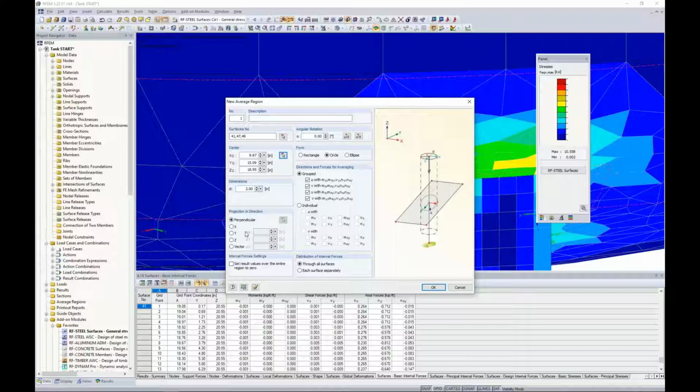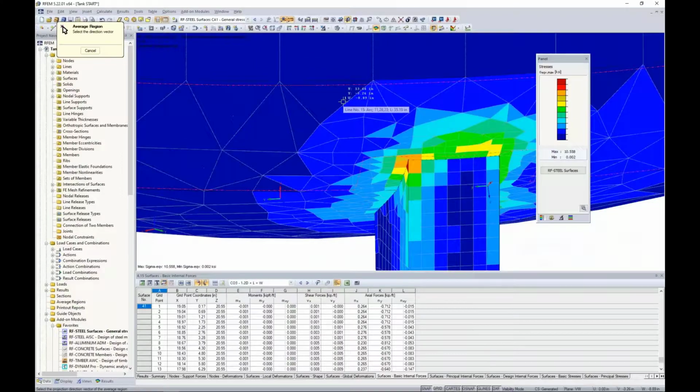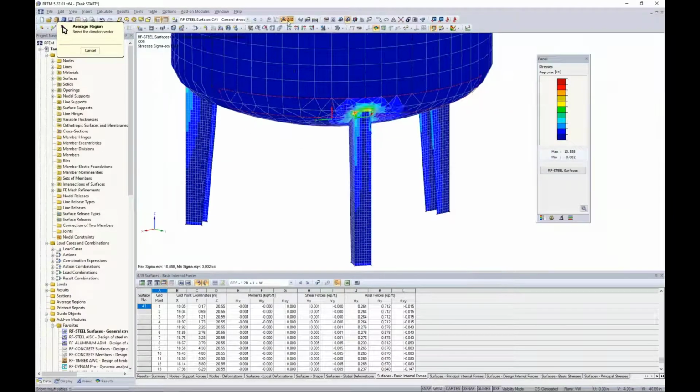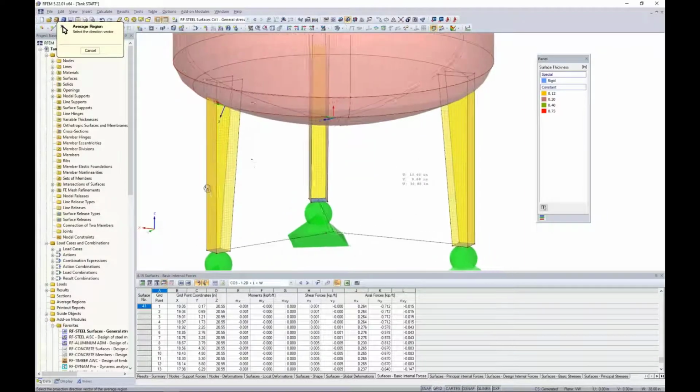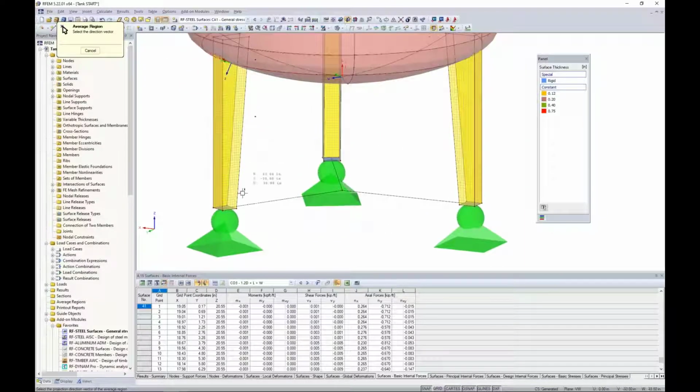So instead, what I can do is to choose my own direction vector to kind of average out these forces. When I choose this option, what this allows me to do is to graphically select a couple points. So I'll zoom out here, and I'll actually turn off my results, and I'm going to cancel my visibility mode. We remember from the first webinar, we created all of these points, and zooming into the bottom of my leg,